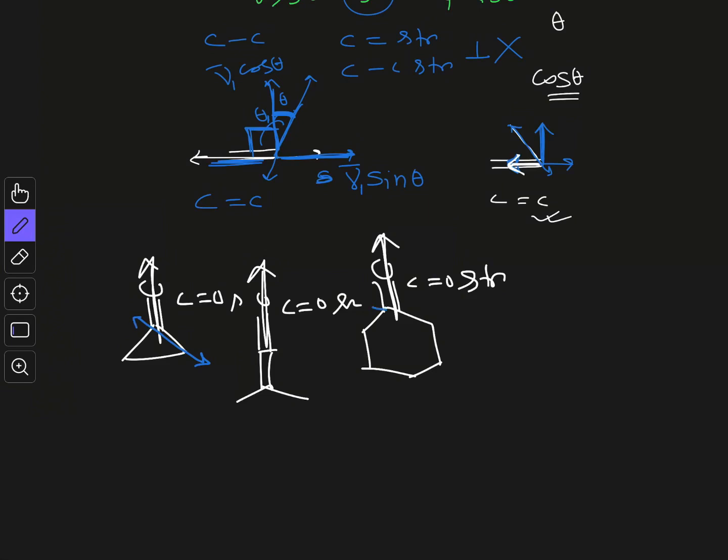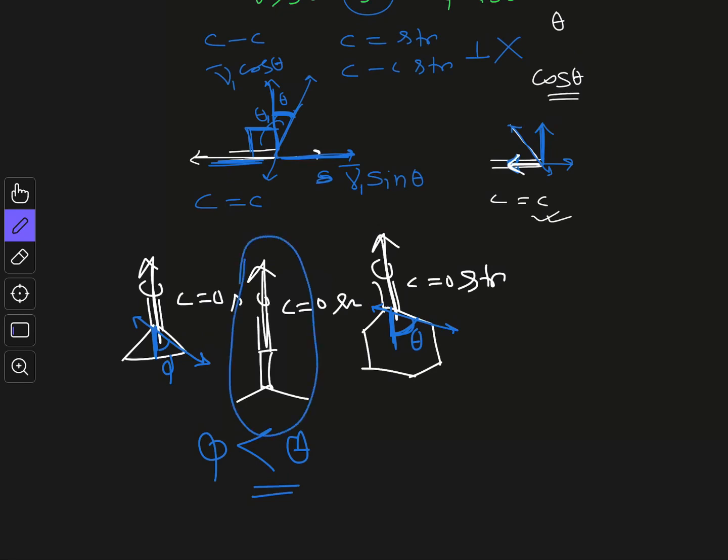Now here if you consider the bond angle theta, and here the bond angle phi, this phi is smaller than theta, and as you decrease the ring size, the bond angle decreases, and we know this is the cos component which adds to this stretching frequency, and as the theta value decreases, the cos theta increases. So if you decrease the ring size, the cos value increases, and that's why the stretching frequency value increases. And this is the extreme case for the ketene.